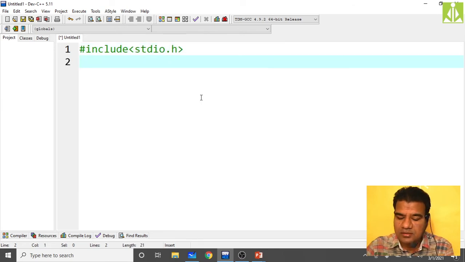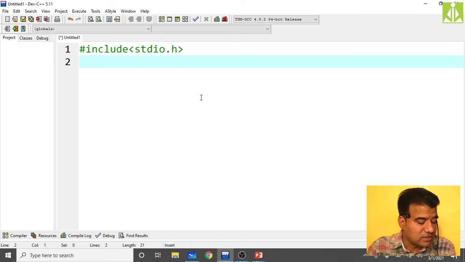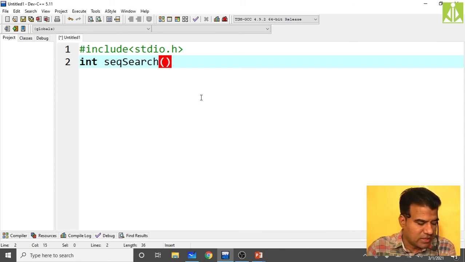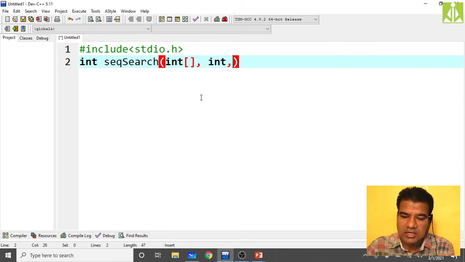Include stdio.h, then I'm going to use one function with the name sequential search, because we are performing linear or sequential search. It will take the list, that is the array, the target to find, and the size of the list.